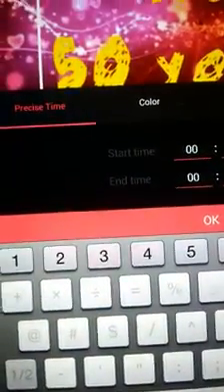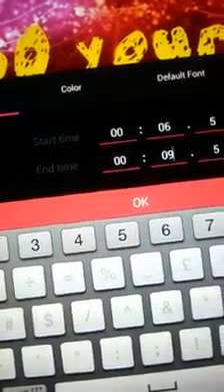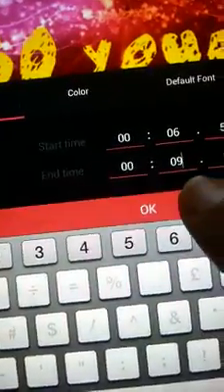I am giving it 9. Go back and say 9 there, and then press the OK button. See, this has come to 9, and there is a little blank space after the 9. So my video is over now.